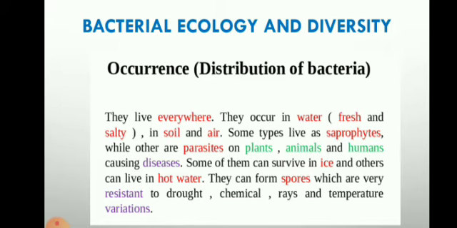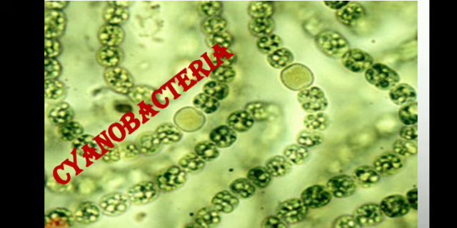So some major groups of bacteria, which we'll talk about in detail in its structure, are gram positive and gram negative bacteria, and its major groups depend on its endospore formation, metabolism, growth, nutritional characteristics, physiological characteristics, and some other criteria. But right now we are going to talk about one most important category of bacteria, that is called cyanobacteria.